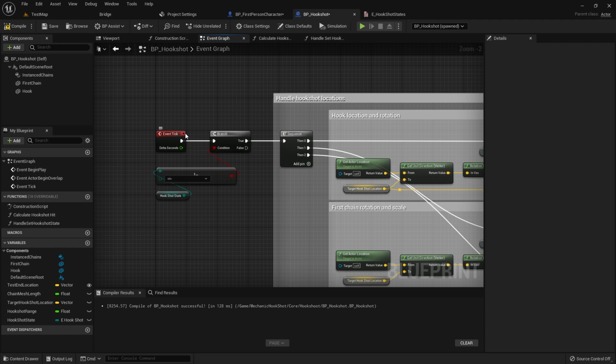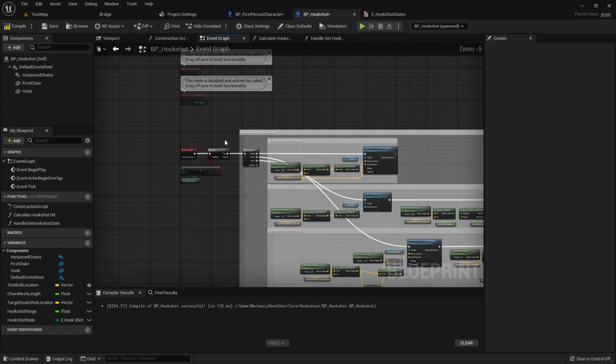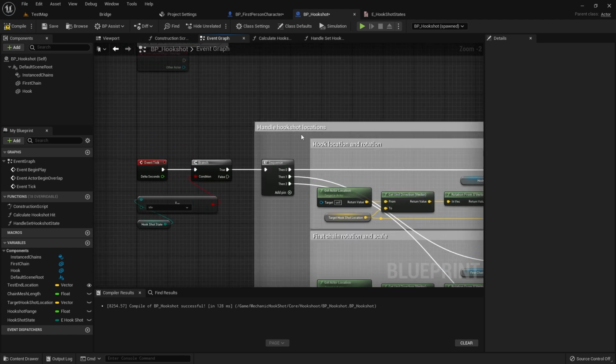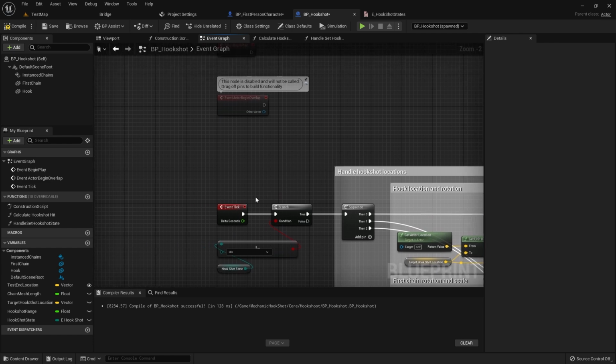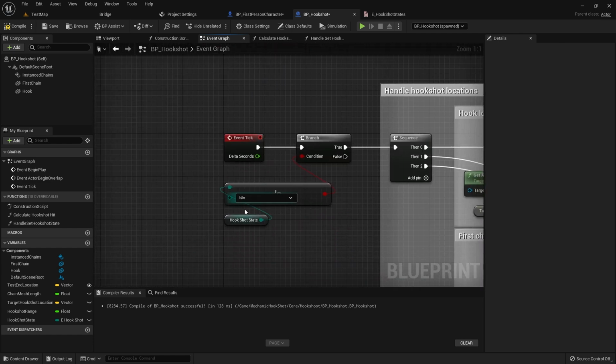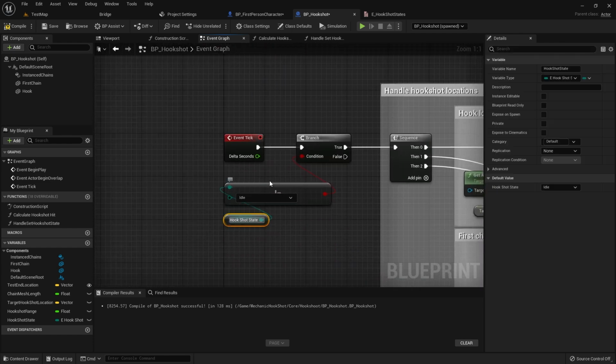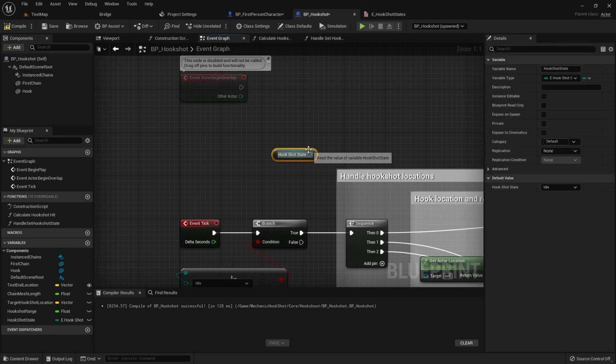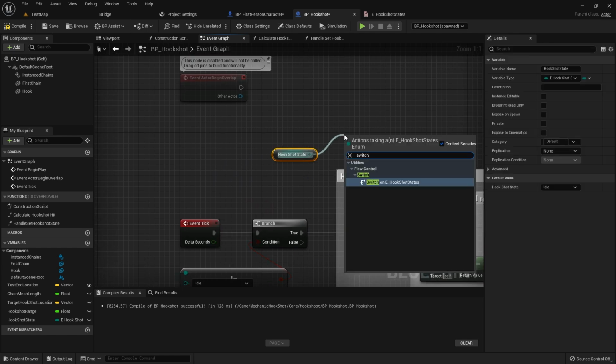And now, this is controlling the hookshot locations, but is not actually changing the value of the target, right? For that, we need to do something else. And for that, I'm going to get my hookshot state, copy it here, again do a switch,